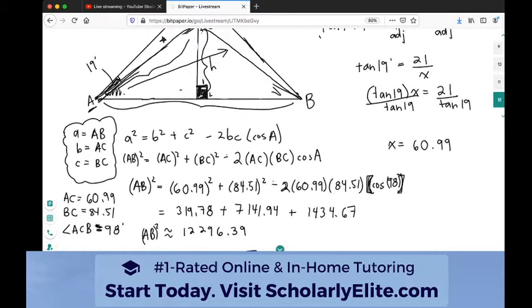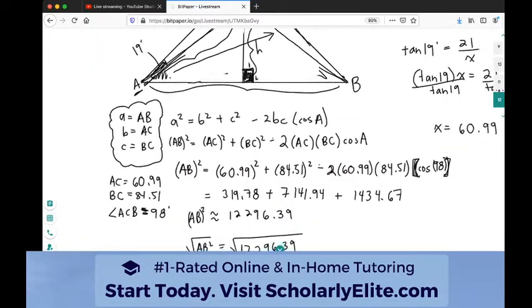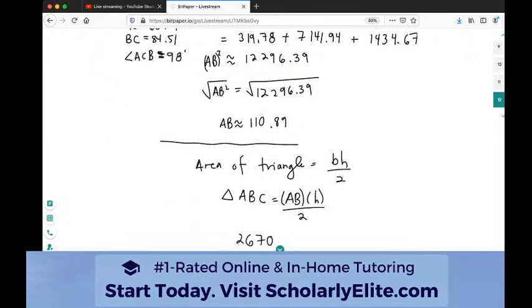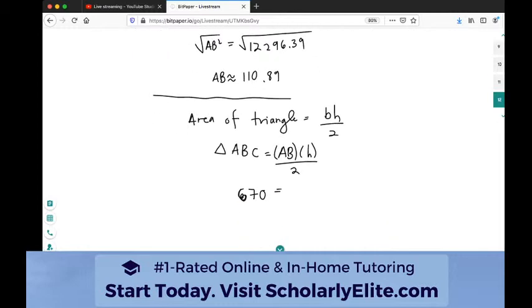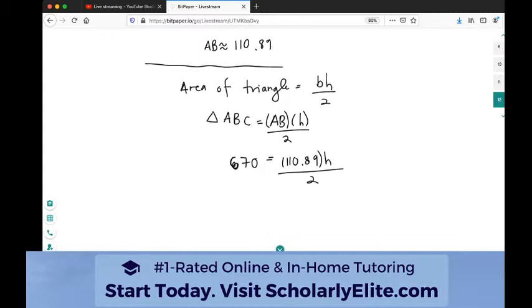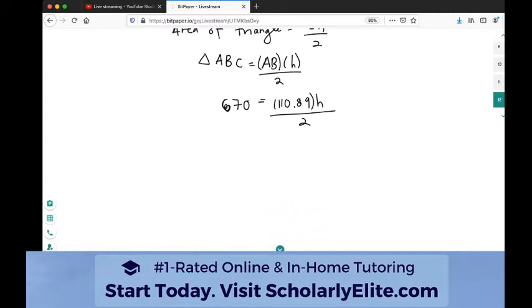Let's double check that. No, it's just 670. So 670 equals AB, which is 110.89, times the height divided by 2. Then we just go ahead and solve for height algebraically. This becomes 2 times 670 equals 110.89 times the height. And then we get